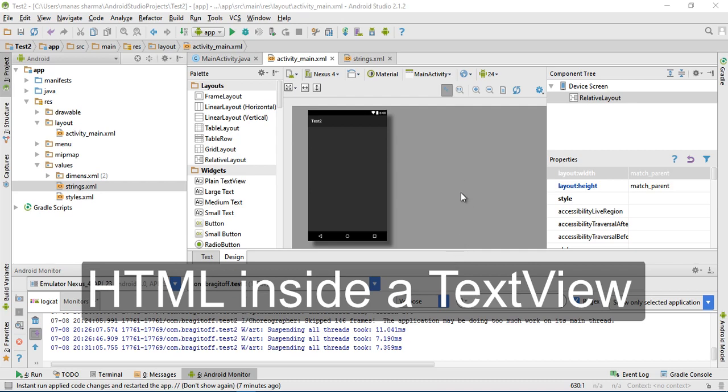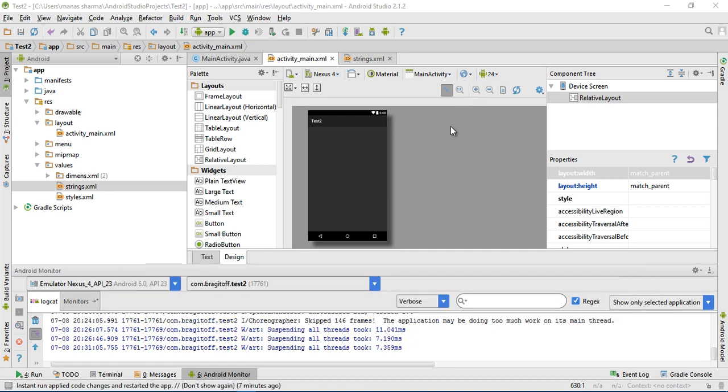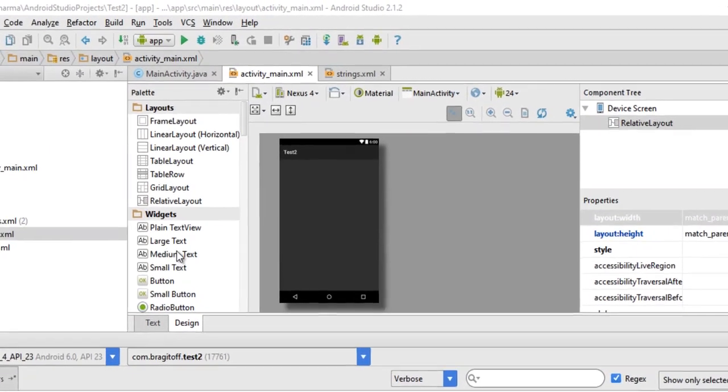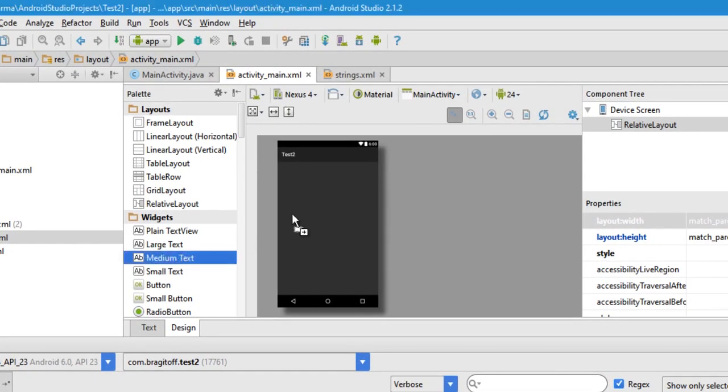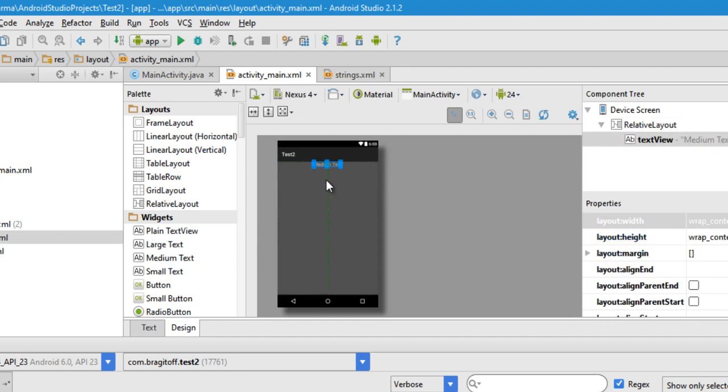And in this tutorial, I'm gonna show you guys how to display HTML inside a text view. So first of all, what we need is a text view in our layout. So just drag any of these text view objects to your layout screen, and then we will switch to the